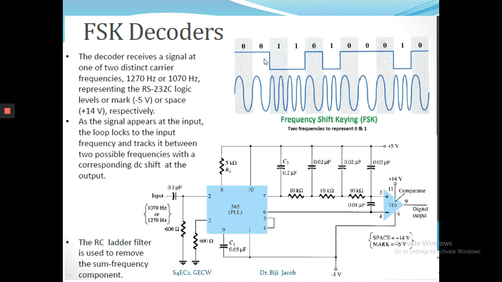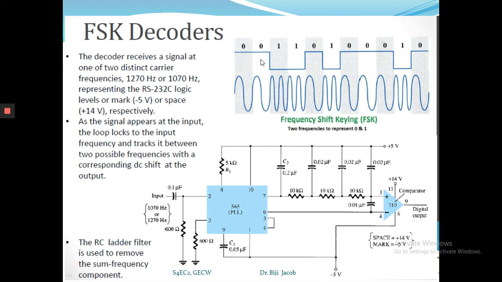Frequency shifting means, in a digital signal, you have got ones and zeros. But you cannot transmit this square waveform through a transmission line because this square waveform contains high frequency at the edges and the DC signal, zero frequency, at the top and bottom. That means the bandwidth of a digital signal will be very high, theoretically infinity. So that will require a larger bandwidth for the transmission, and the waveform will get distorted.